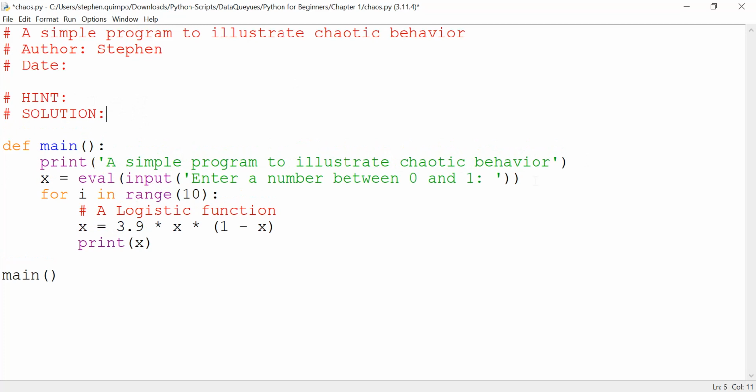Let's do this. We say x, enter a number between 0 and 1. And then I want to ask how many numbers should I print, right? Or how many times do you want to loop? You need to determine how you're going to ask the user for the input. But basically what we want is how many numbers should we print? So I'll say something like